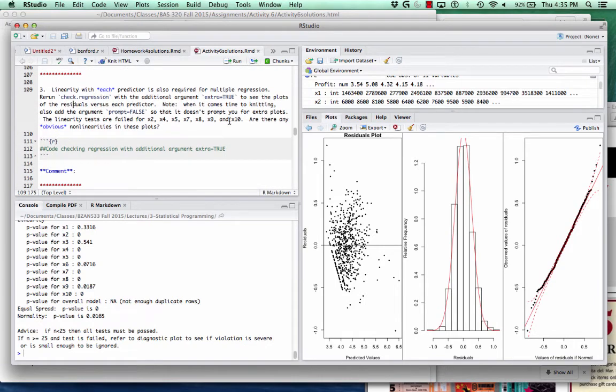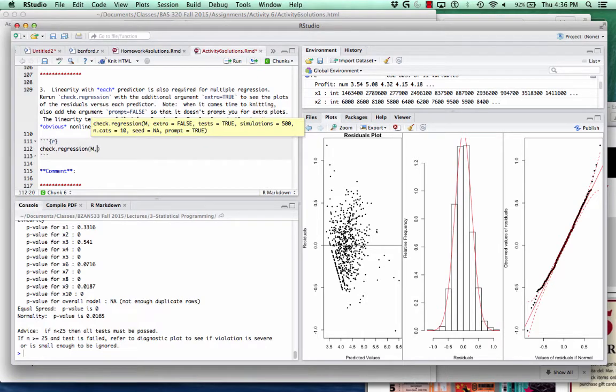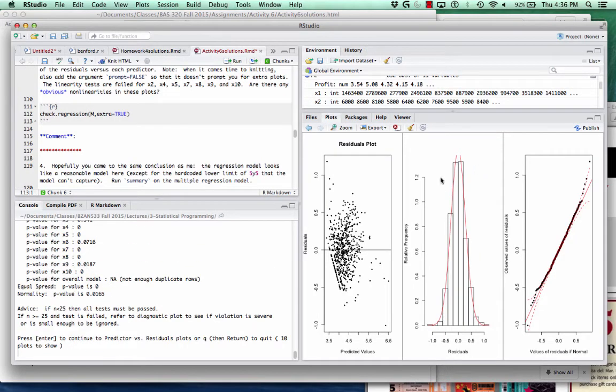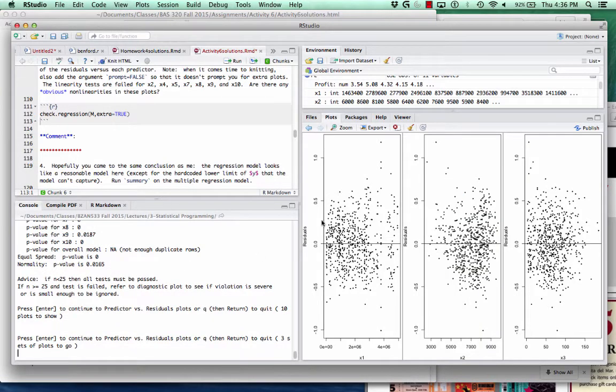Okay, so in addition, when we check the assumptions of a multiple regression model, we also need to make sure that there's no leftover pattern in the residuals versus the x values themselves. If there is, there's something missing in the model, some extra complexity to the relationship between y and x that's not being captured. So we can get those plots by rerunning check.regression and by adding the argument extra equals true. So that'll spit out the exact same test. It spits out the standard 3 diagnostic plots, and then it says press enter to continue to the residual versus predictor plots. So I press enter, and here is the plot of the residuals versus the x1 values, residuals versus